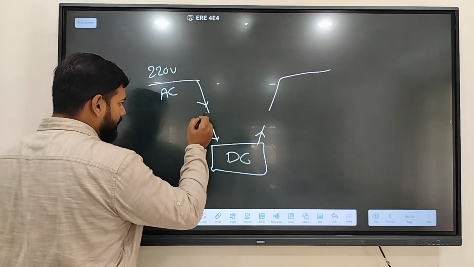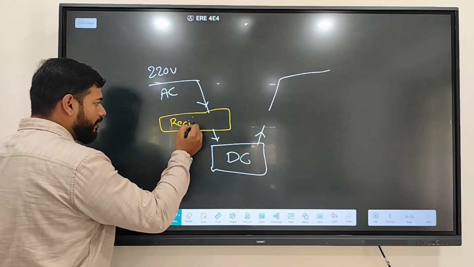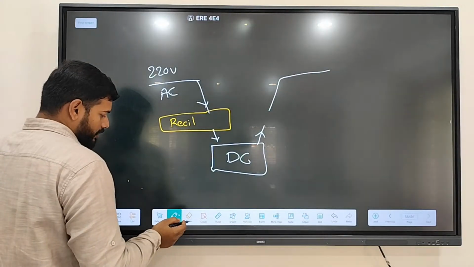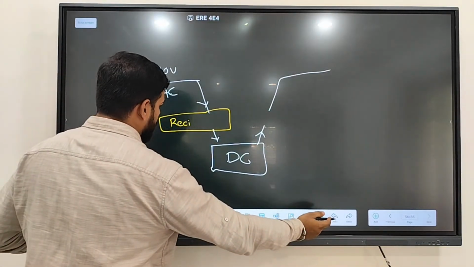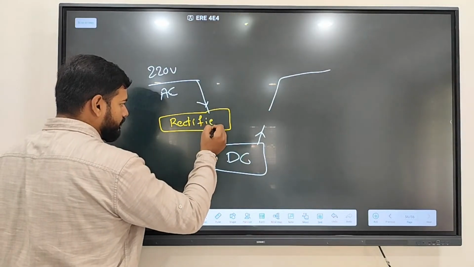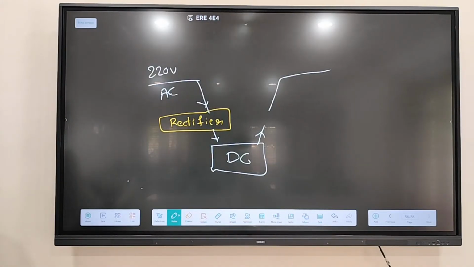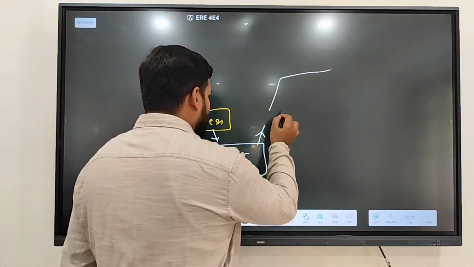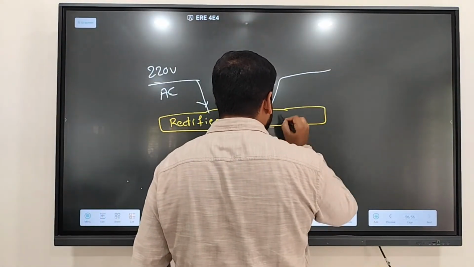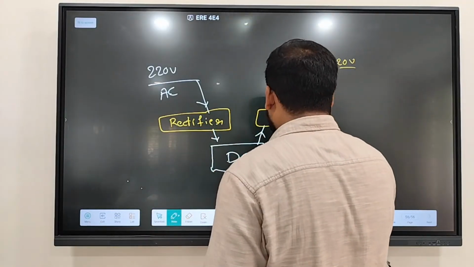Alternating current is converted to direct current with the help of an instrument called a rectifier. AC current is converted to DC current with the help of a rectifier. Then DC current is converted into AC current, alternating current, at 220 volt with the help of an instrument called